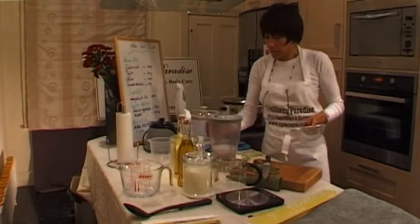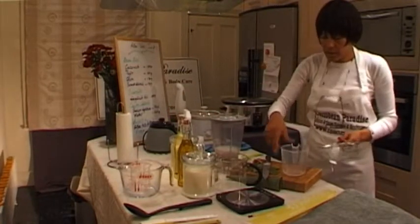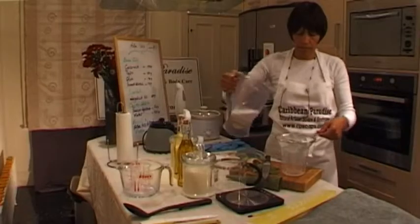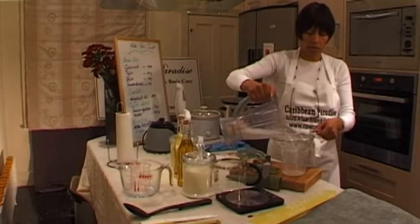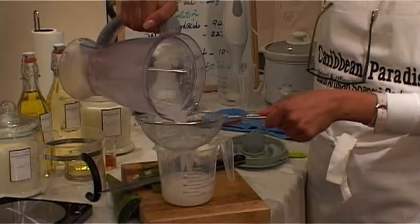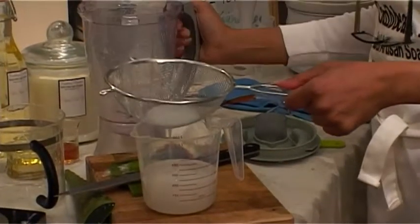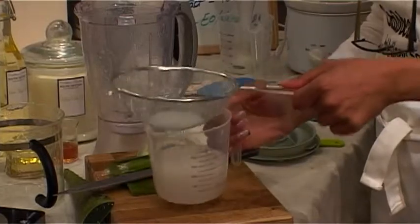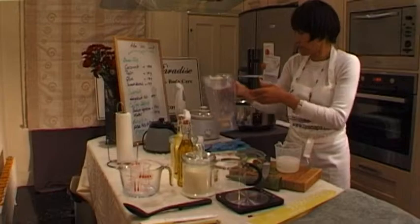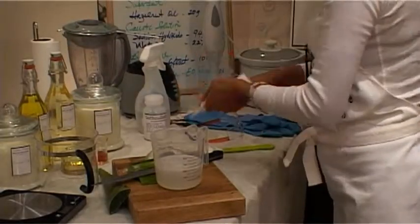Strain this off because sort of have bits of it. So I'm just going to strain this off in here. And this is really, really good for your skin. So I'm just going to finish with that, that out of the way,